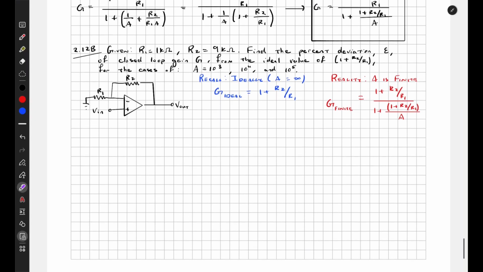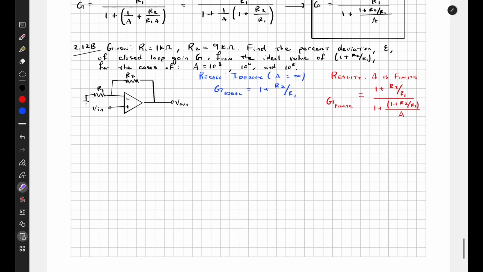So now the question set provides us with two resistor values for R1 and R2, and it says please find the percent deviation E of the closed loop gain G from the ideal value, comparing the ideal case to the reality case, for the following open loop gains of 10 to the third, 10 to the fourth, and 10 to the fifth. So in other words,